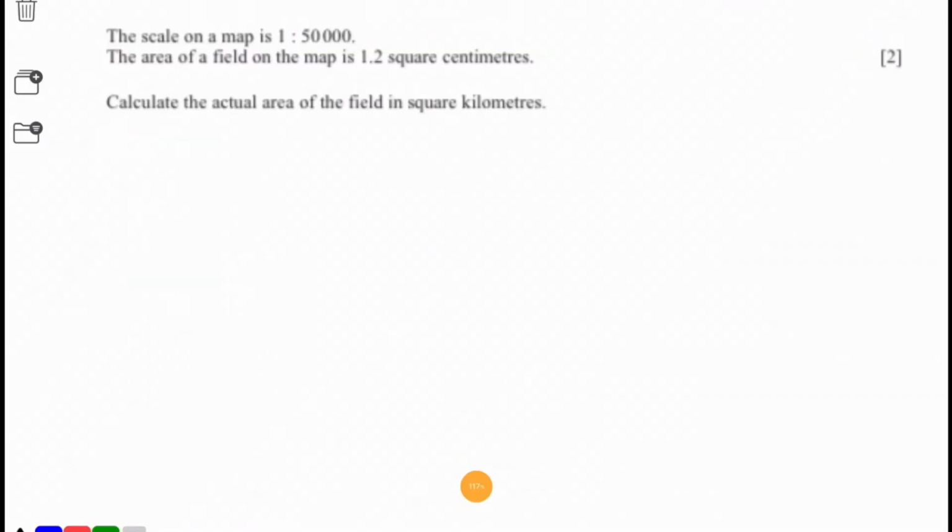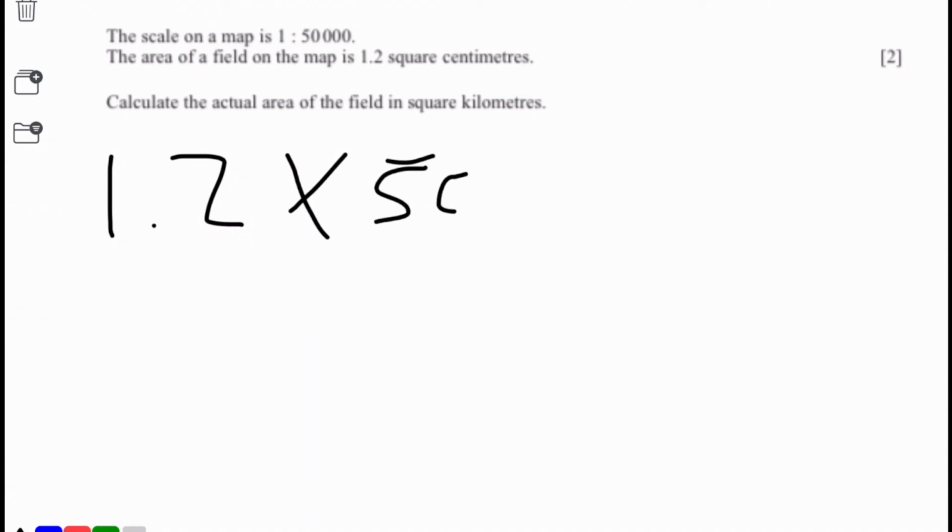The scale on a map is 1 to 50,000. The area of a field on the map is 1.2 square centimeters. Calculate the area of the field in square kilometers. First, let's find the actual area of the field in square centimeters. For this, we must multiply 1.2 by 50,000 squared,